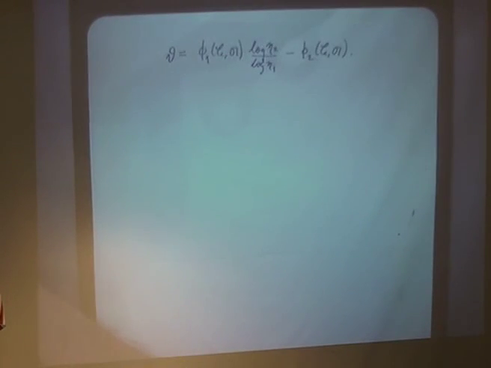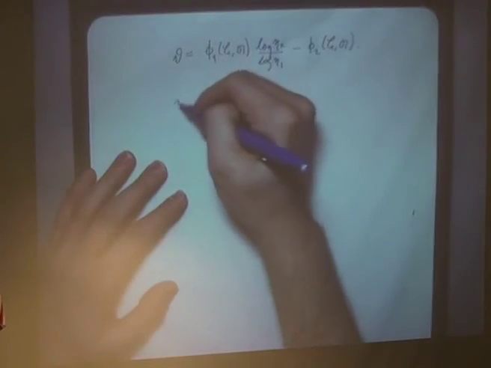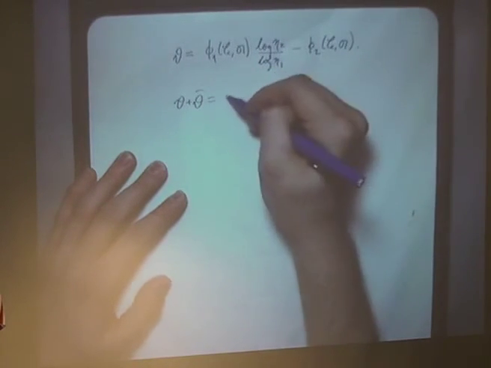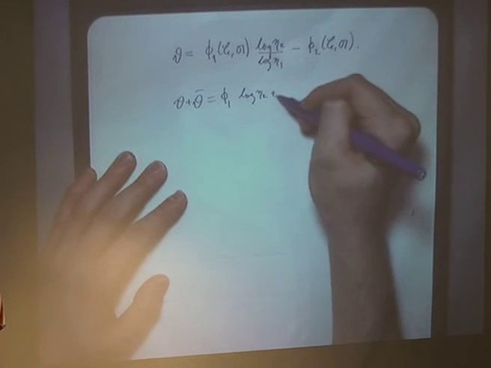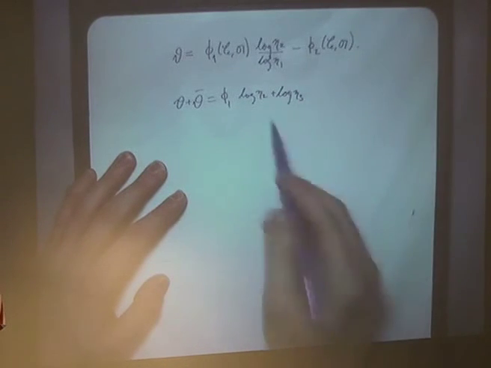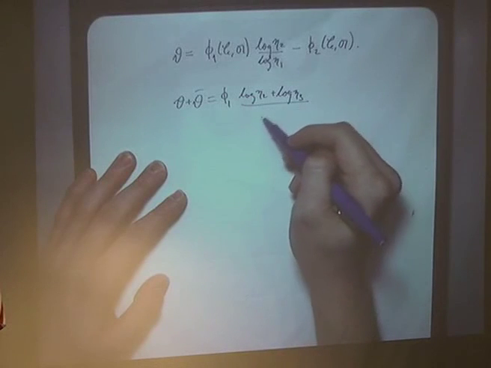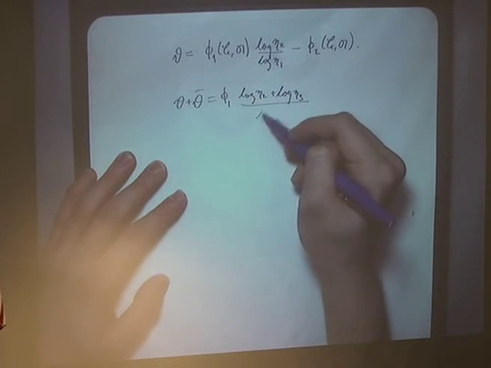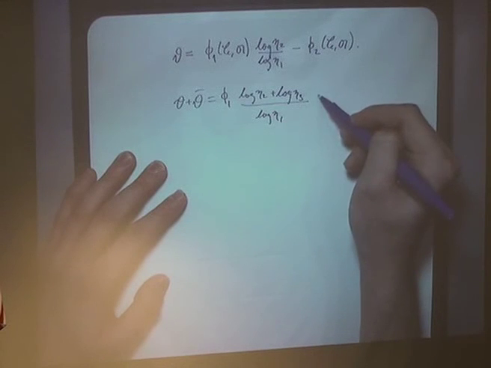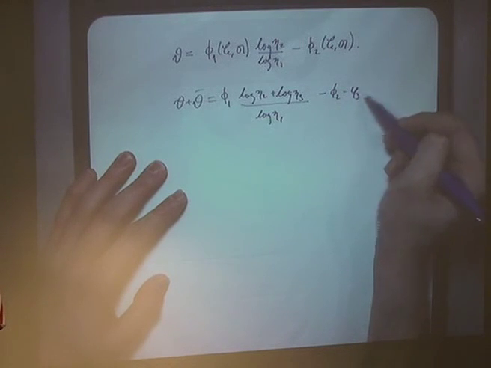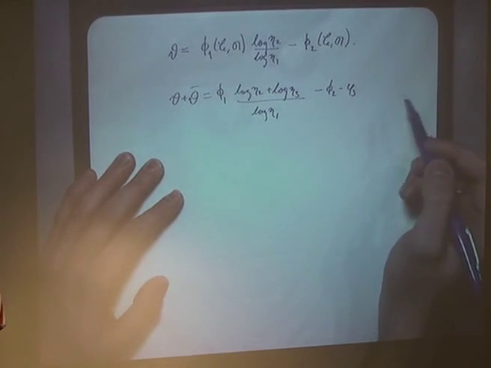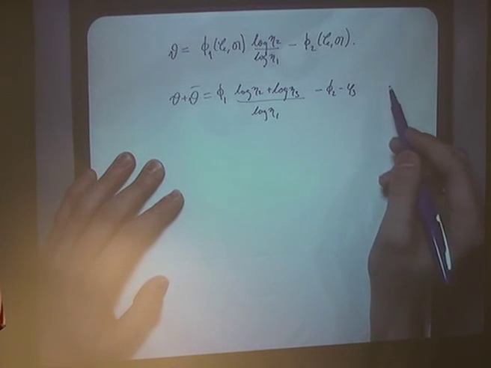And this argument, let me give that briefly. Theta plus theta bar will be phi1 times the logarithm of eta 2 plus the logarithm of eta 3, that's the conjugate of eta 2, divided by the logarithm of eta 1. And then minus phi 2 minus phi 3. And then if I bring these things to a common denominator,